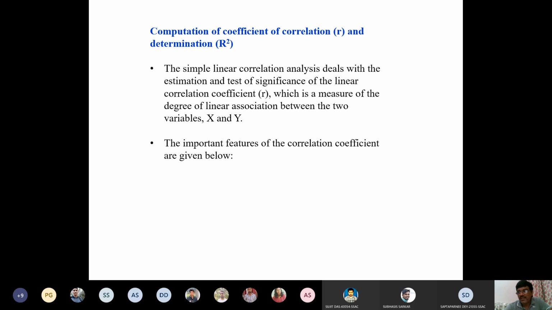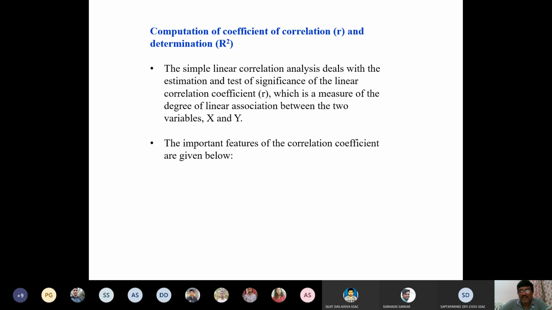Now the coefficient of determination. At the moment, just learn how we can compute the correlation coefficient, or how we can compute the coefficient of determination. At the moment you understand that the correlation coefficient is just telling you the strength of relationship between two variables. Now if you square it, it becomes the coefficient of determination. Or the other way around, if you know the coefficient of determination, r square, you can take the square root of this. Then you can find out the correlation coefficient.